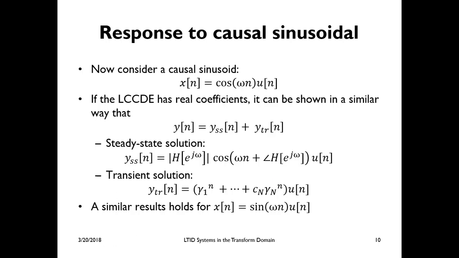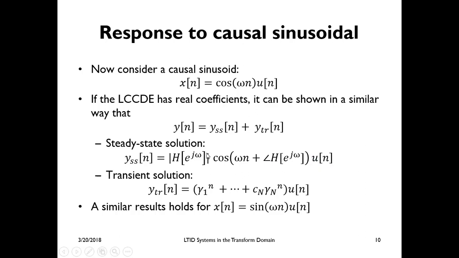We now consider the response to a causal sinusoidal signal. So x of n is cosine(omega n) times u of n. If the linear difference equation has real coefficients, then we can show that the steady state and the transient solutions are going to be given by the following expressions. The transient solution is still going to contain a linear combination of the characteristic modes, and these will die down to zero as n goes to infinity, because if the system is stable, all the characteristic roots lie within the unit circle. The steady state solution is going to involve the same causal sinusoidal signal, so cosine(omega n) times u of n,